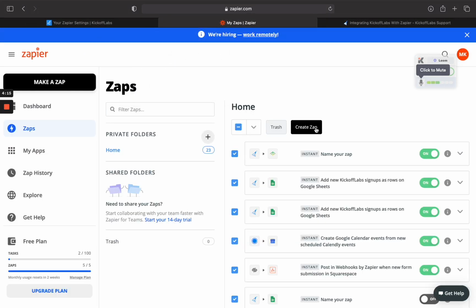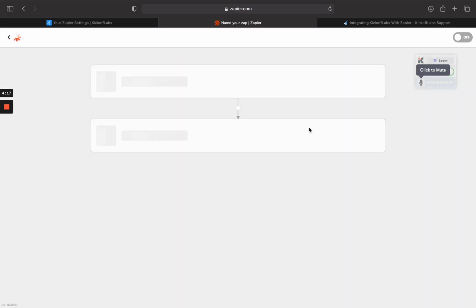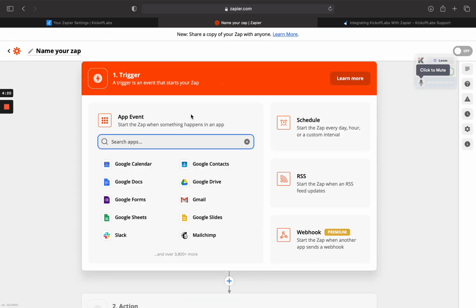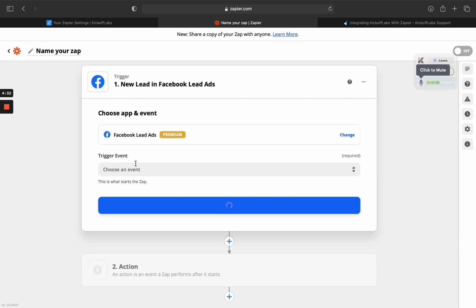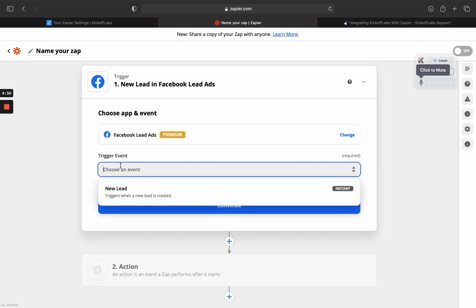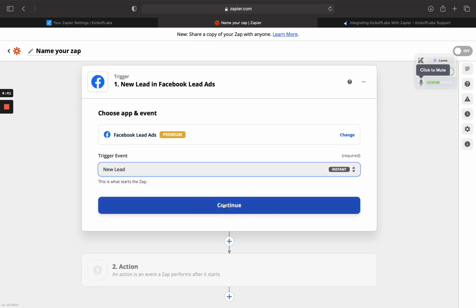So that can be done by creating a Zap in Zapier here. All right, and first I'm going to look for the app that I want to push leads from. So I'm going to choose Facebook Lead Ads. It's a very popular one. And I'm going to select my trigger event. So when a new lead is created in Facebook Lead Ads,